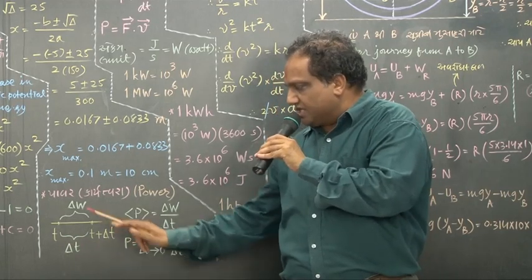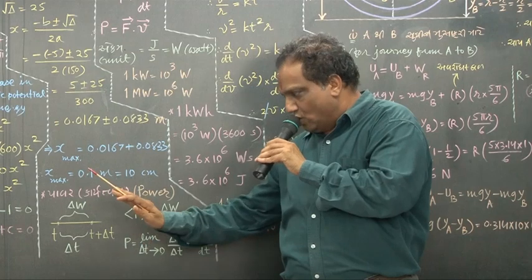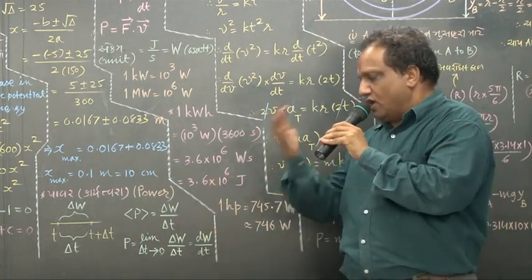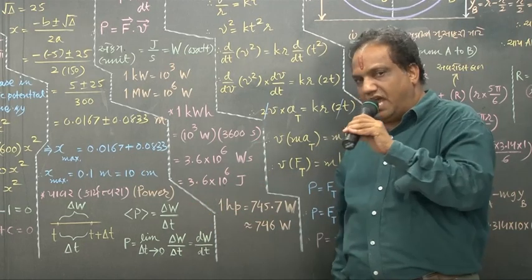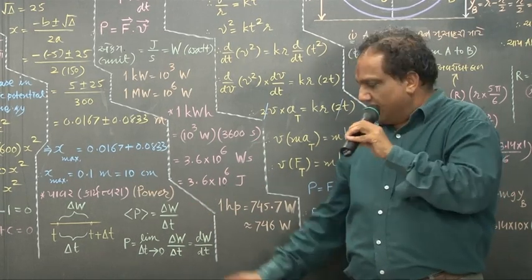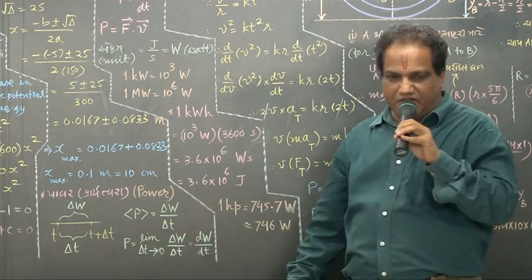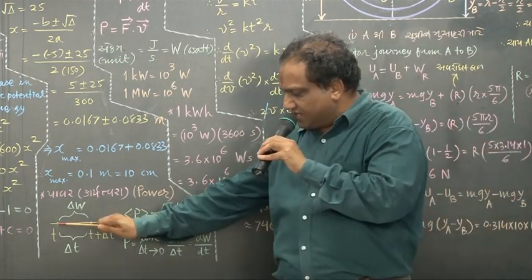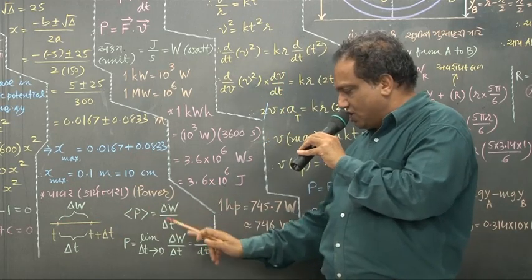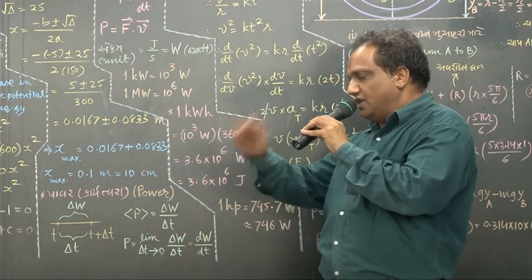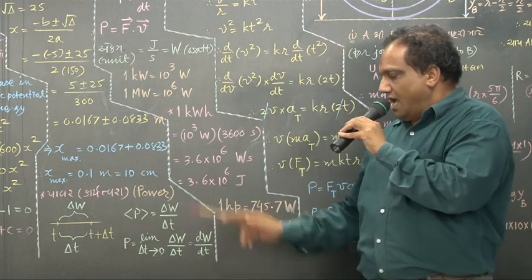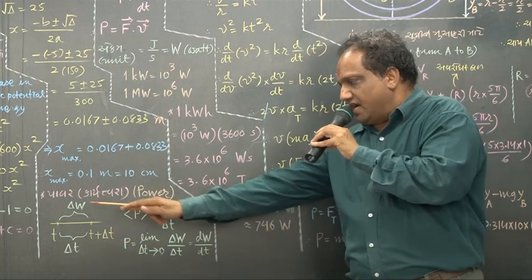In this time interval, suppose the amount of work done is delta w. Then when you divide the total amount of work done by the total time, you get work done per unit time. It is defined as average power. And if you want instantaneous power at this instant, then you should take the same ratio, but take the limit delta t tends to 0, and then it will give you instantaneous power at time t.